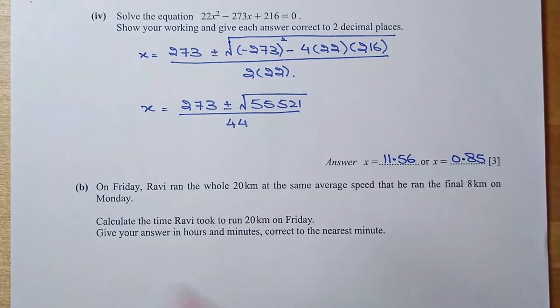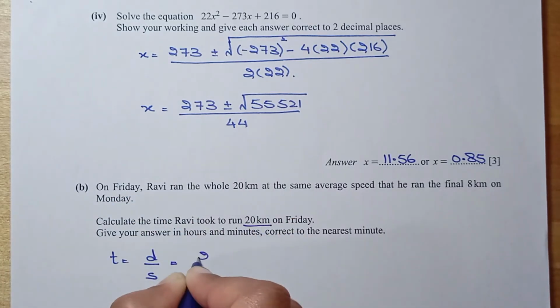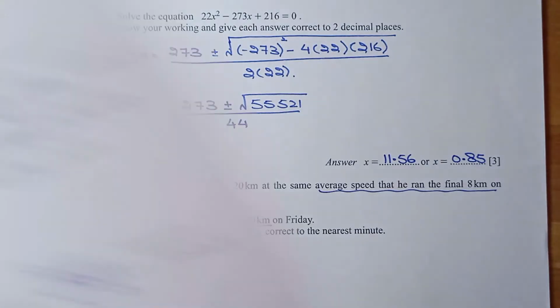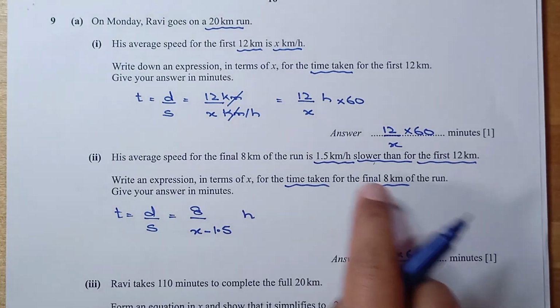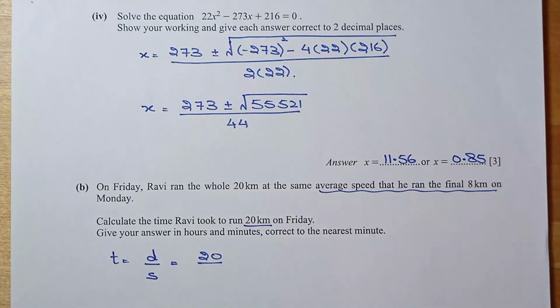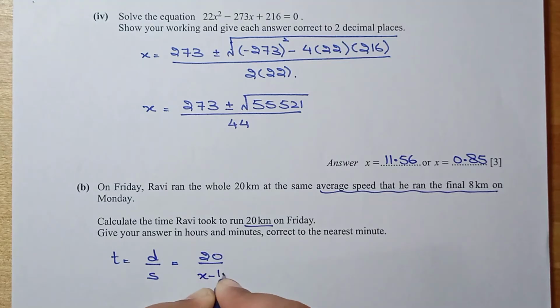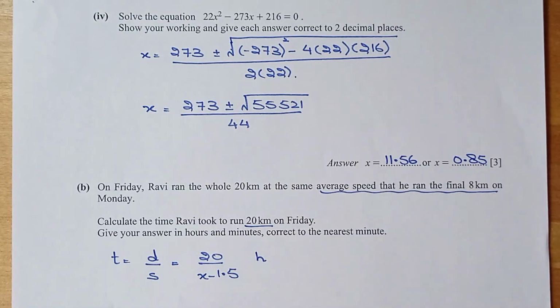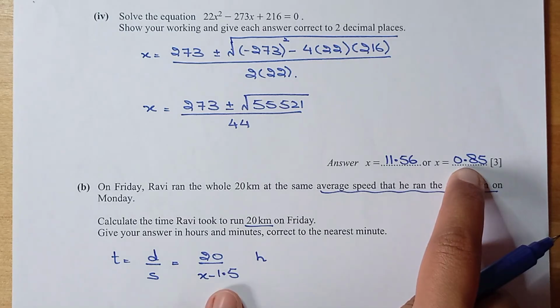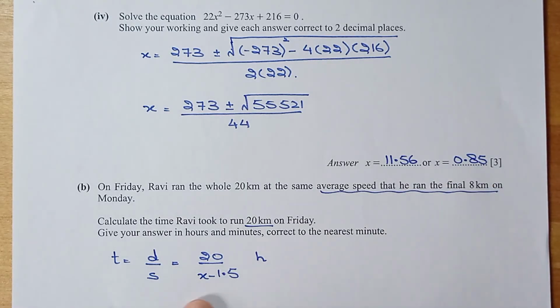Okay, so again we need to find the time, which is equal to distance over speed. Now on Friday his total distance is 20 kilometers and the average speed is exactly the same as for the 8 kilometers. For those 8 kilometers, in the first part we have an average speed that is 1.5 kilometers per hour slower than the first one, so it is x minus 1.5, right? So 20 divided by x minus 1.5 kilometers per hour gives the time in hours. Now we need to put in the x value from one of these two. If I put x equal to 0.85 and subtract 1.5, we will get a negative time, and time can never be negative. So we need to pick the bigger number, that is 11.6, and subtract